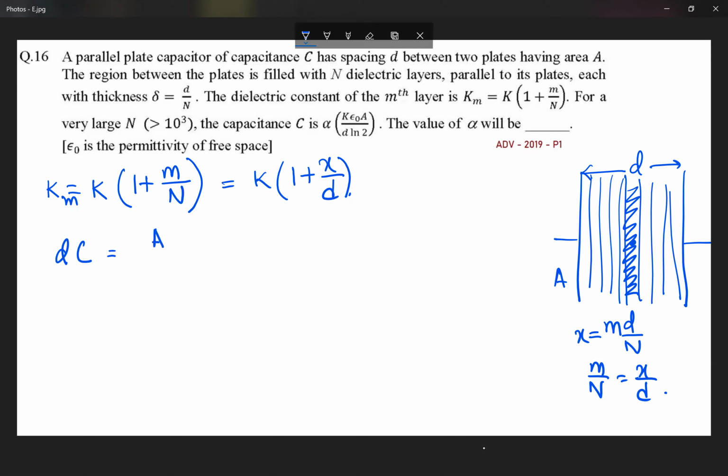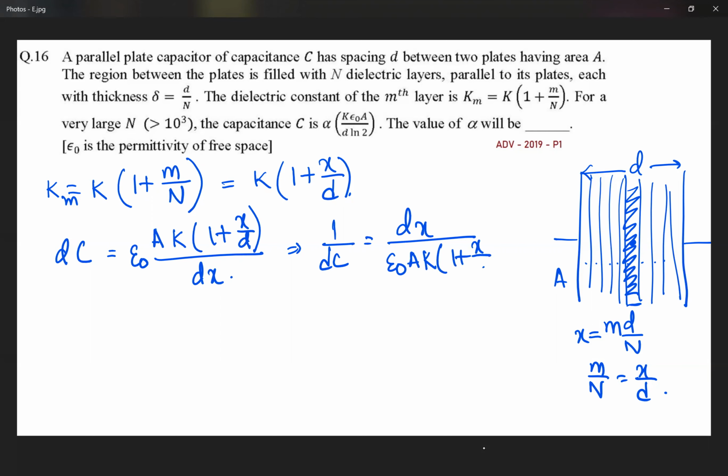The dielectric constant is equal to, as given, K into (1 + x/d). And the thickness of this small layer is going to be equal to dx. So the capacitance is equal to ε0 A K (1 + x/d) divided by dx. Because all of these capacitors are placed one after the other, these capacitors are in series. So we can say that 1/dC is equal to dx divided by ε0 A K (1